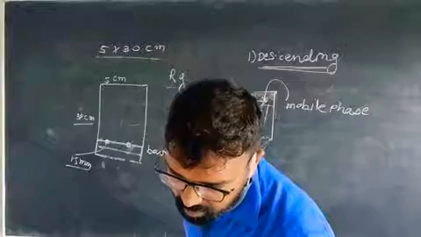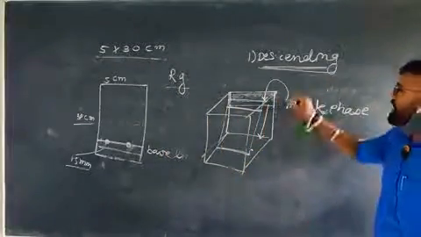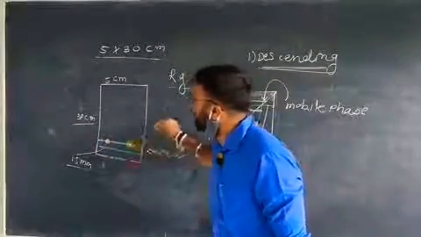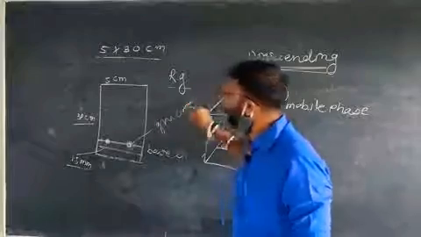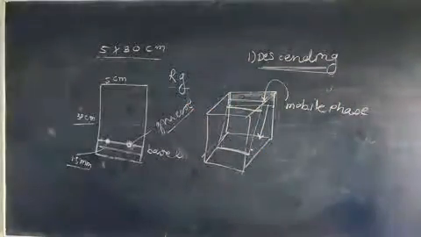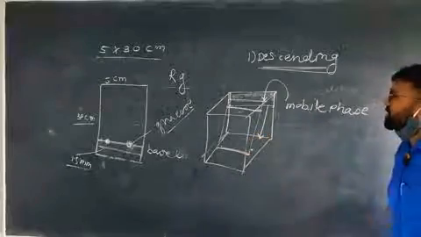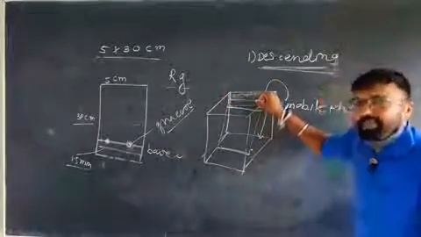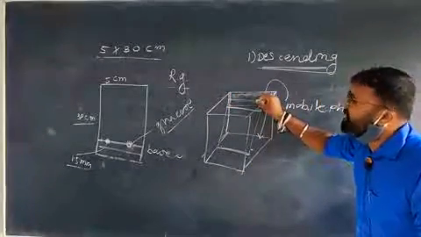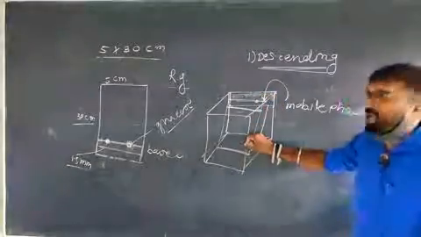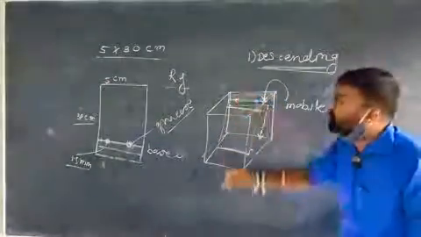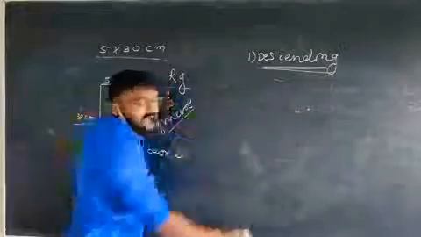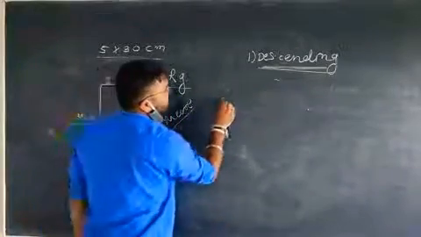In the RG value, in descending type of chromatography, while putting the sample component, a standard, generally glucose, is used. Development of the chromatogram is done. Now, the distance traveled by this standard component from the baseline is measured, and the distance traveled by the solute component from the baseline is measured. The ratio of these two is calculated, and this ratio is called the RG value.